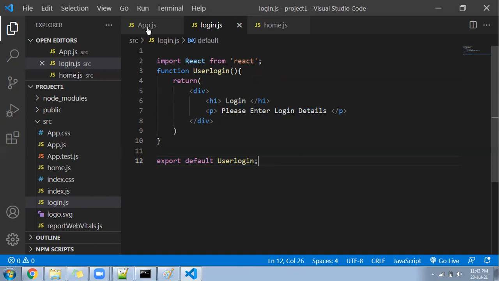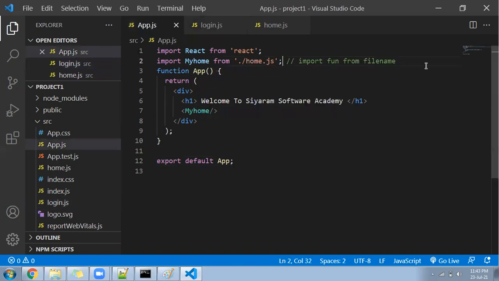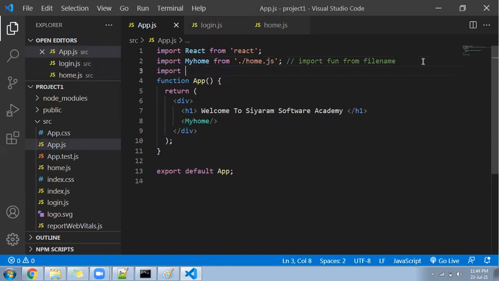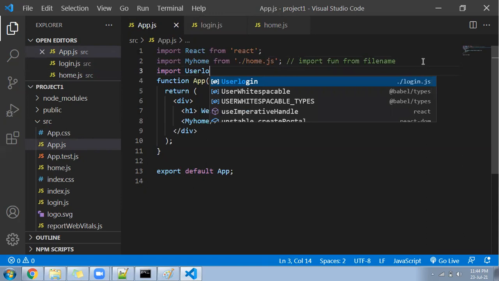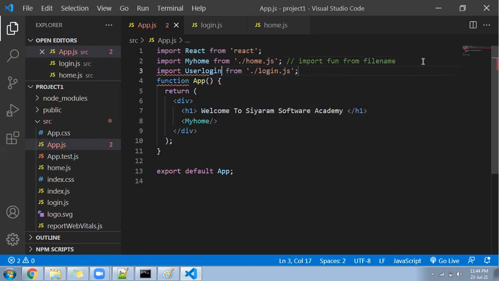Come to the app.js file. Now, again we have to import. So remember, what is the function name? The function name is user login. See, the suggestion is also coming. Just select it.